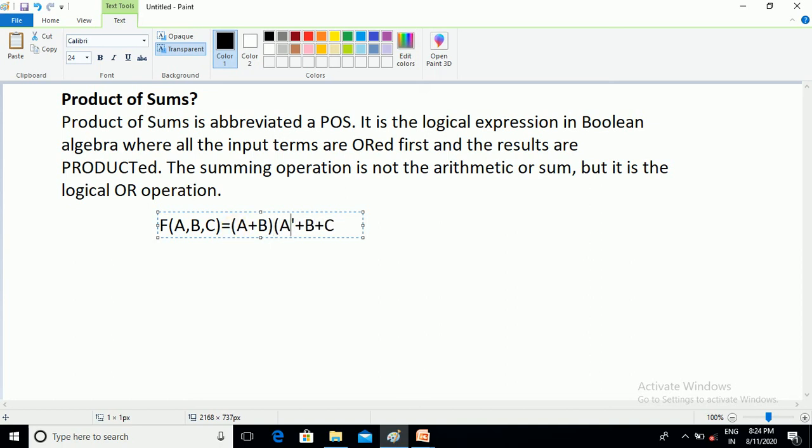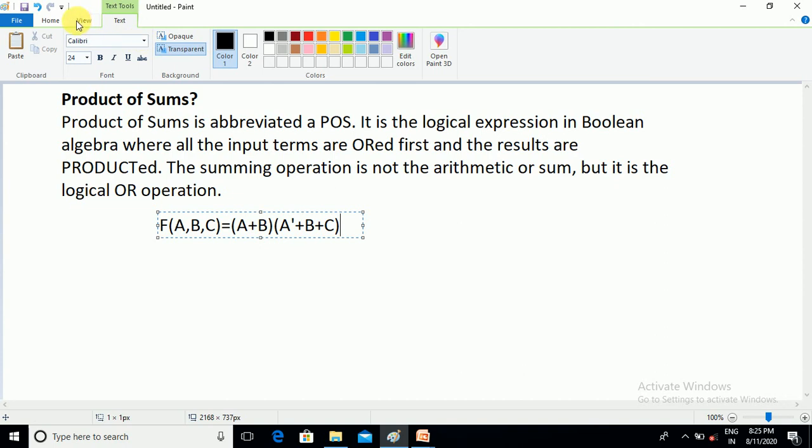Now this is called a product of sum term. What do you mean by this first term? Here signals are summing one to each other, or ORing one to each other. Now this term is called a sum term. Sum term 1 and sum term 2 are producted one to each other. Now this creates the product of sum term. Let us draw the logical diagram for this.